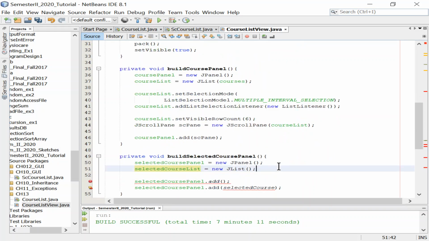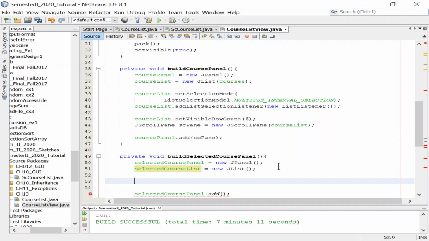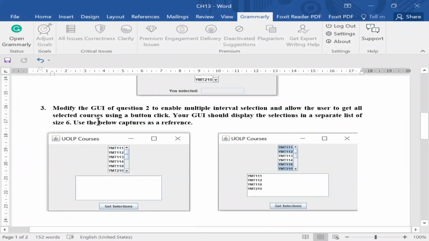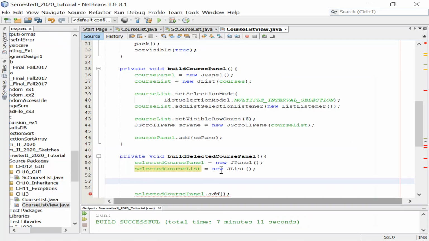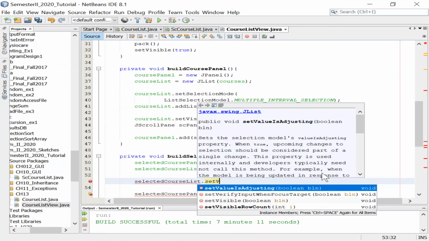We need also to add the visibility. So we need to set the visibility. So how many of them to be seen or to be visualized? We said here we need 6. So those should be 6. So we need to do that. Okay. So selected course list dot set visible